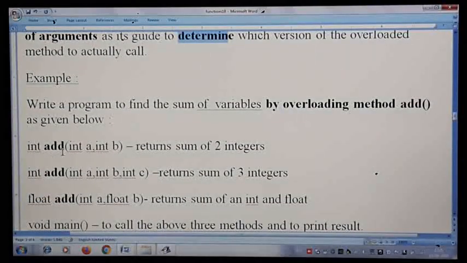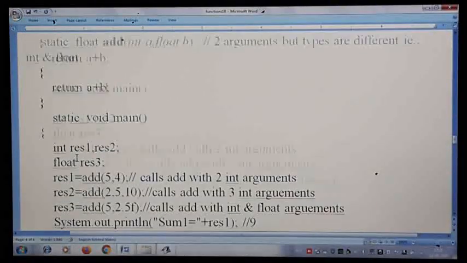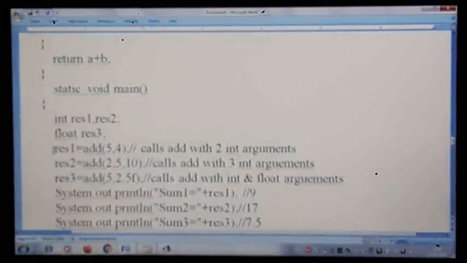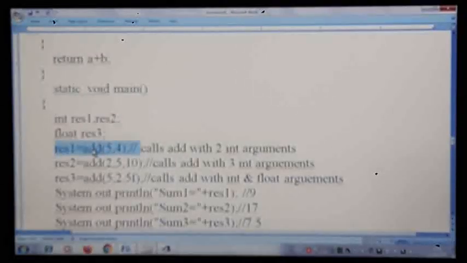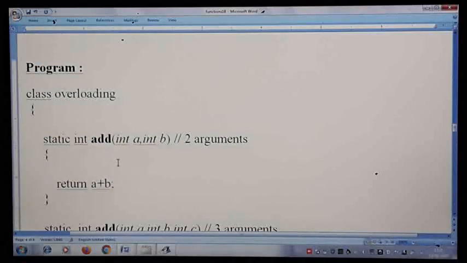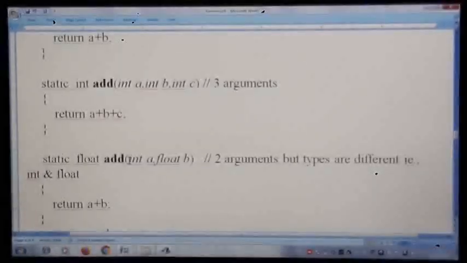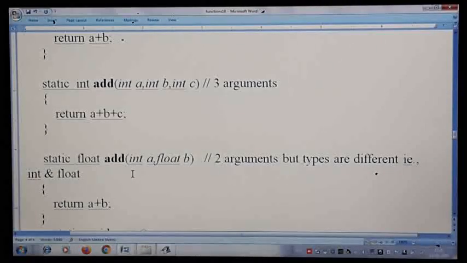When we call a method, how many arguments are we going to pass? For example, in the main method, if you see this method call statement, let me take the third one here, when I call a method with one integer and one float argument, immediately the control will jump and check for the add method with one int and float. It will check the first one, which is not matching because both are integer type. The second one, with 3 integers, is not matching, but the third one is one int and float. There is a match here, so it will go and execute this method.